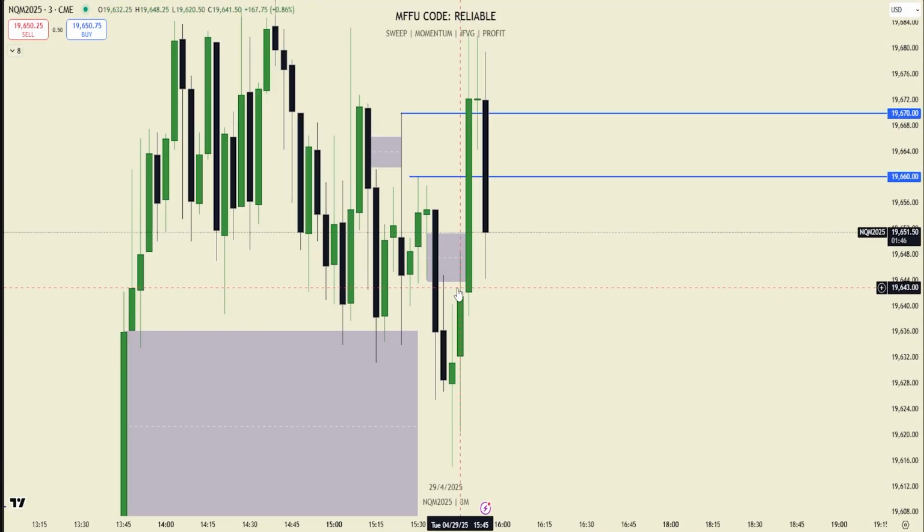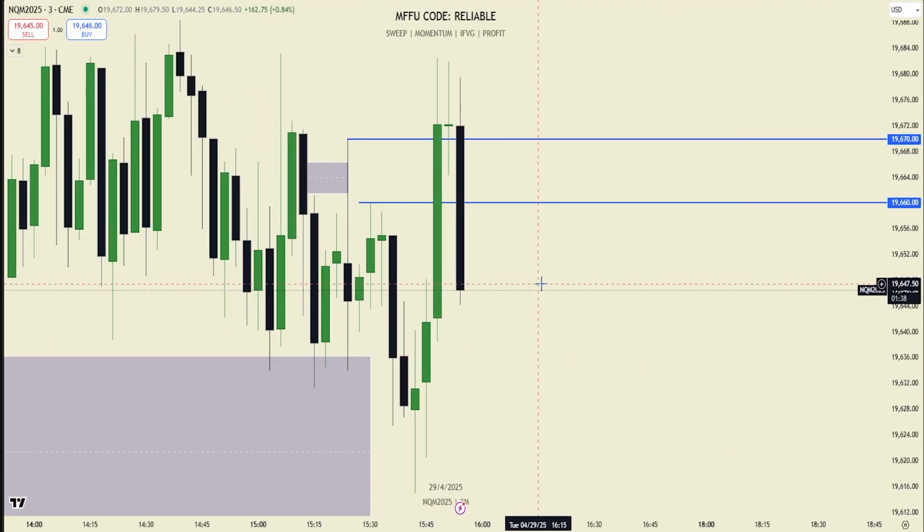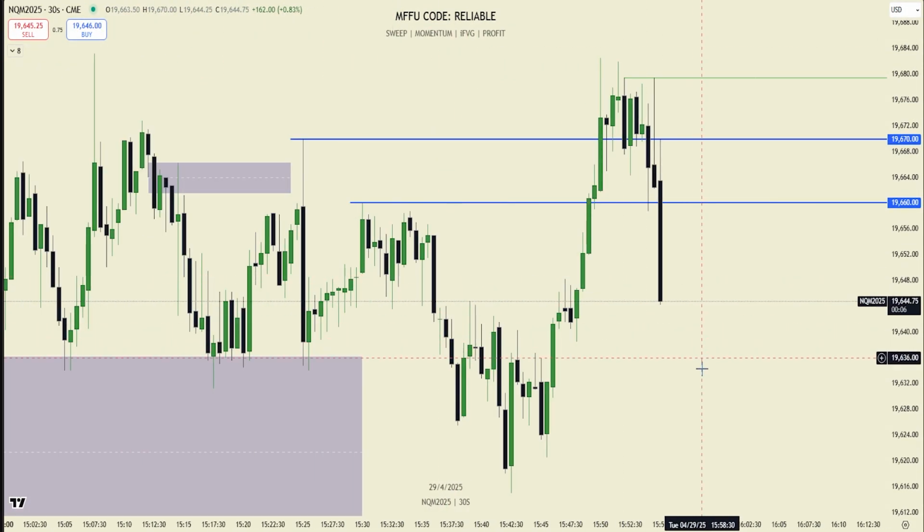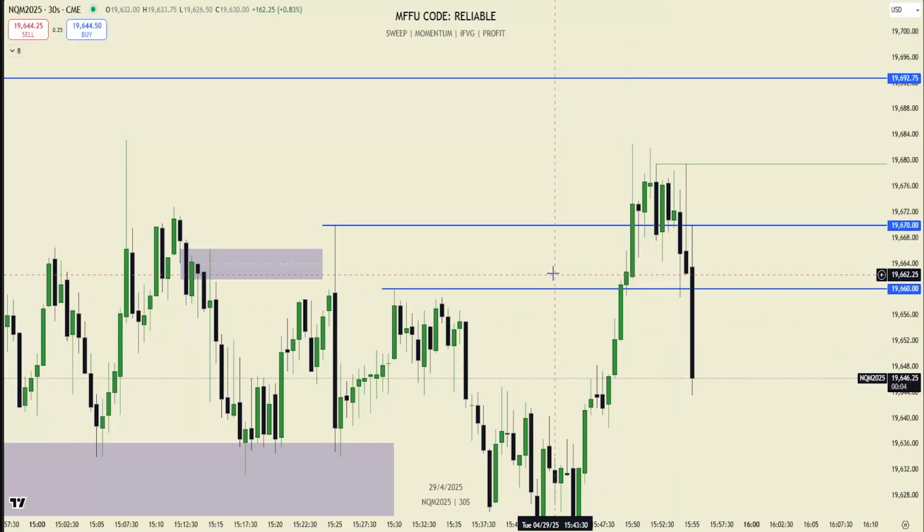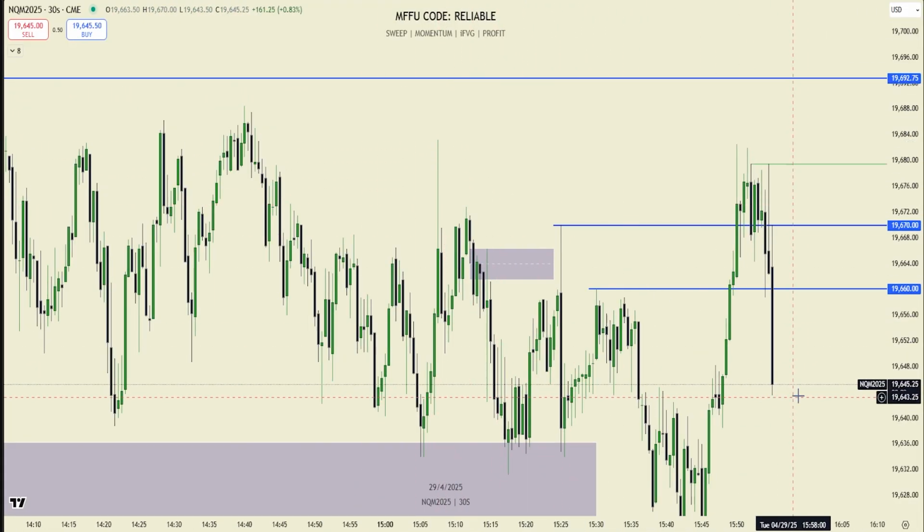Little 3 minute short here. Will trigger in a minute and a half. 30-second entry probably just got break even there on the rest, if you were trying to target high of day.